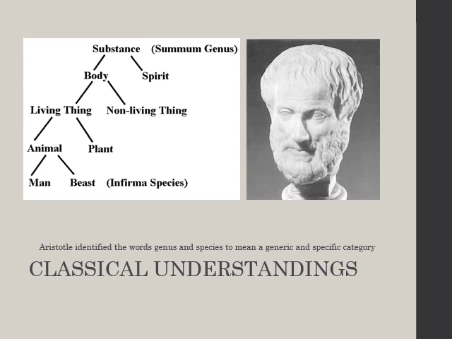But Aristotle went further. He's like, not just people. There are different things of everything. Let's look at the whole world. We've got this one big substance. This is called the genus, or the general. And that's broken into 2 classifications, body and spirit. Then you look at body, because you can't do much with spirit after that. You break body into living things and non-living things. And you break living things into plants and animals. And then animals get broken down into man and beast, people and everything else.